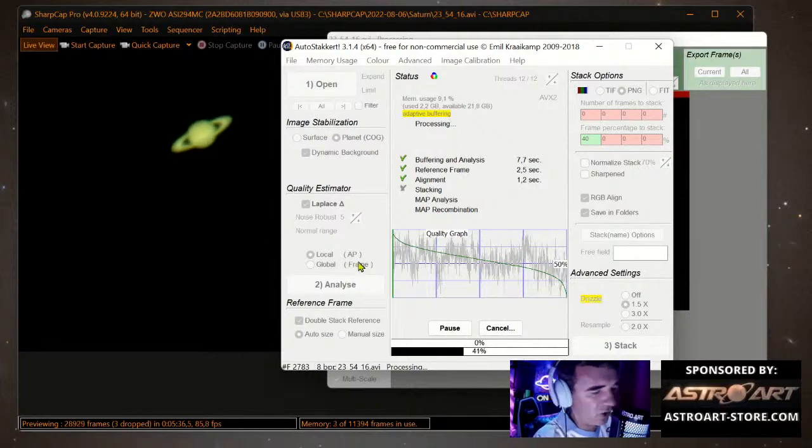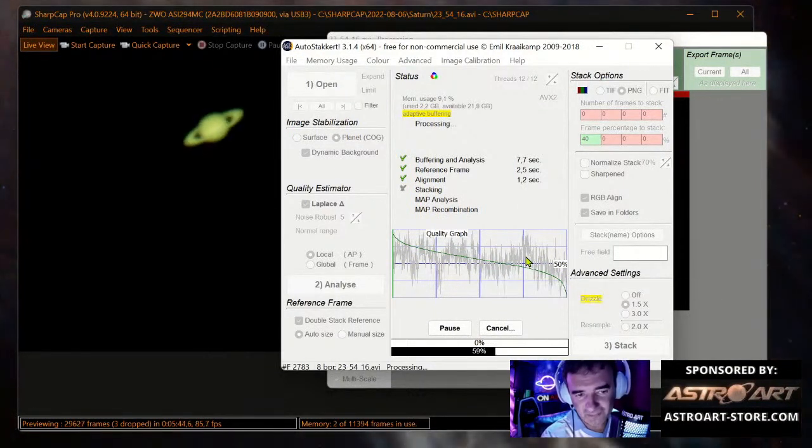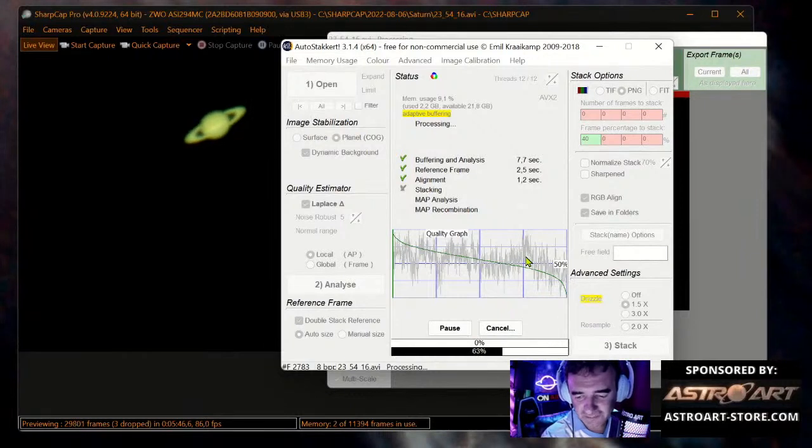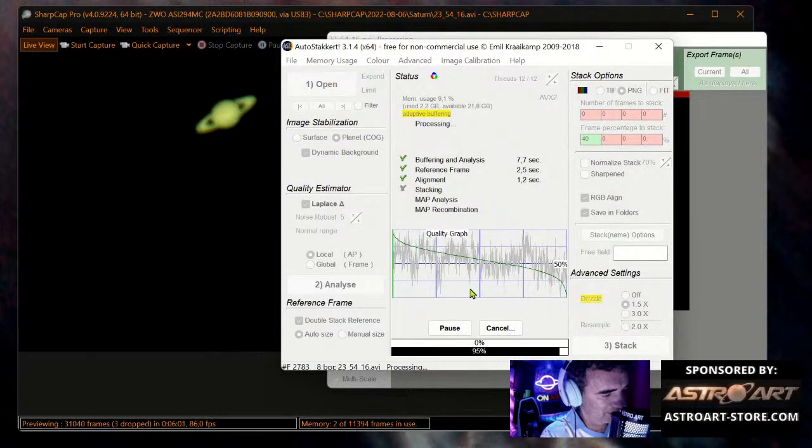We record loads of frames to have good frames. The more frames we can get without too much rotation of the planet, the better. This graphic is fine. It's not a bad graphic. A bad graphic would be down here a lot.